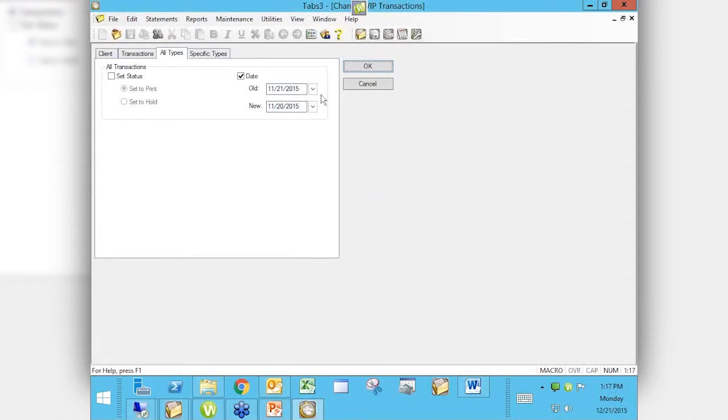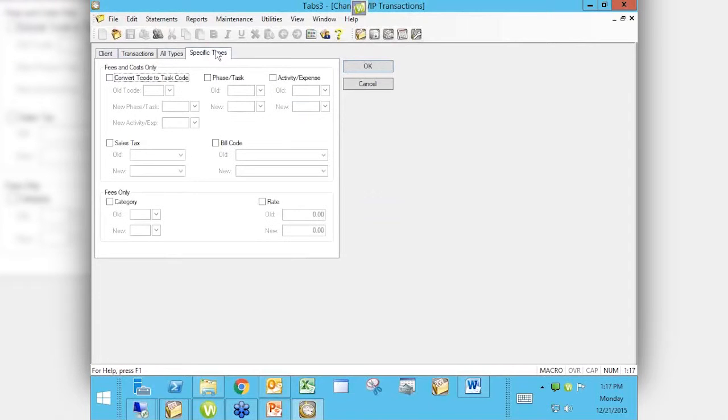Keep in mind we're in sample data and it thinks it's November 15th, Mary Jo, something like that, okay? Now, other things you can change. Specific types, convert T code to task code. If you mistakenly set this client up as not being a task code client, and so everything went in with transaction codes instead of phase and activity codes, you could then